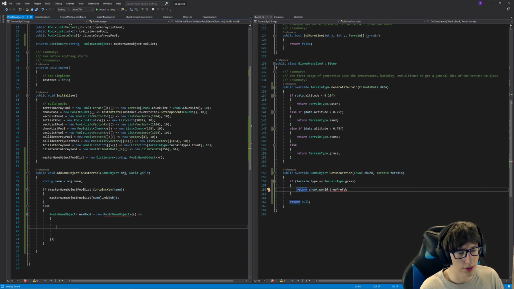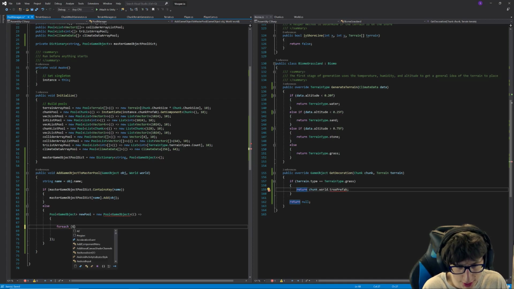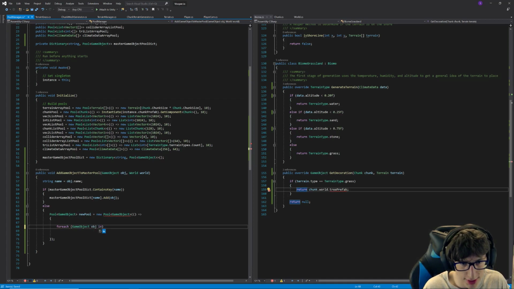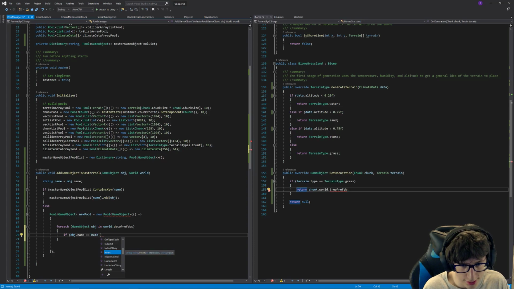Okay, so what are we returning? We are returning, for each game object in world.deco prefabs, if object.name equals name.substring